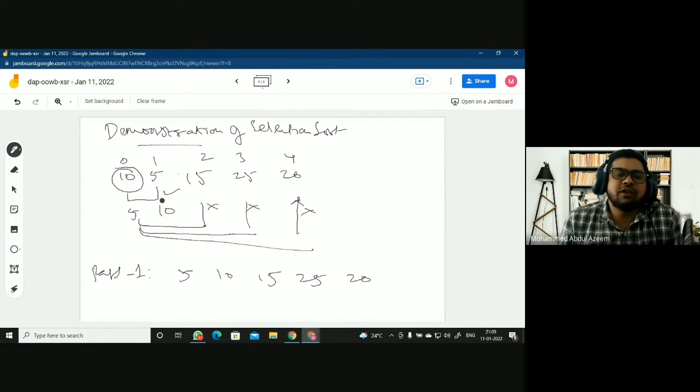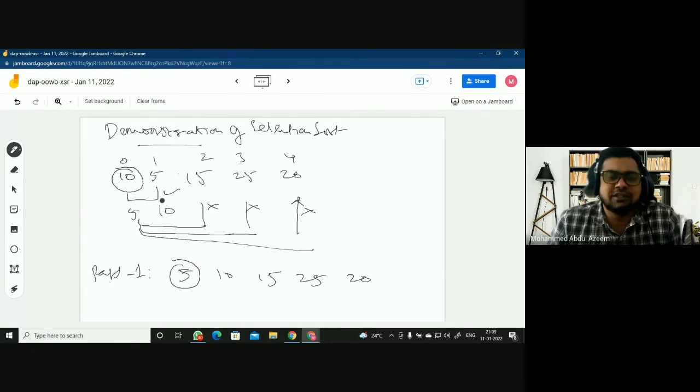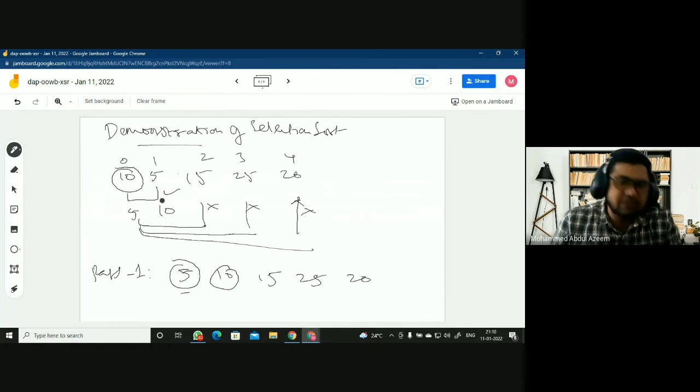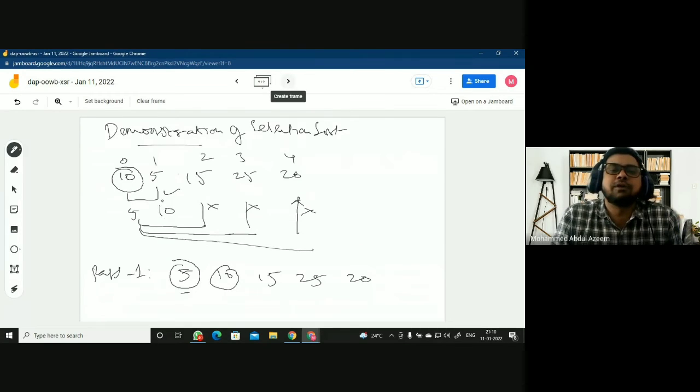So if you observe, after the first pass, the selected position has been placed with the proper value. The selected position, that is the first position, where I need to get the least value, because I am putting all the elements in ascending order. The least value is 5, so I got 5 here. So now I don't need to touch it. So I'll be selecting the next position. Again, I'll be comparing it with the rest. And wherever my selected position is found to be greater, I'll make an exchange, otherwise not, right? Like that, I'll be completing the next pass.